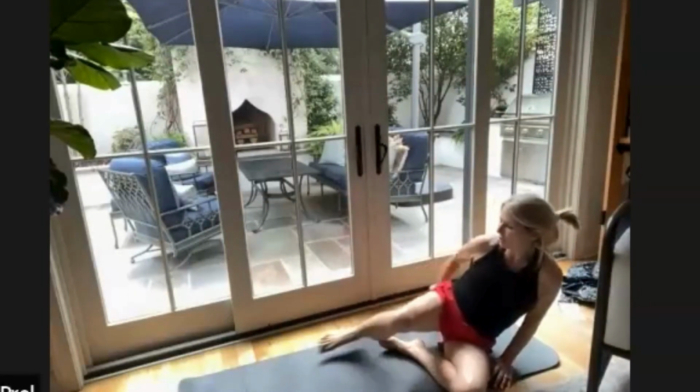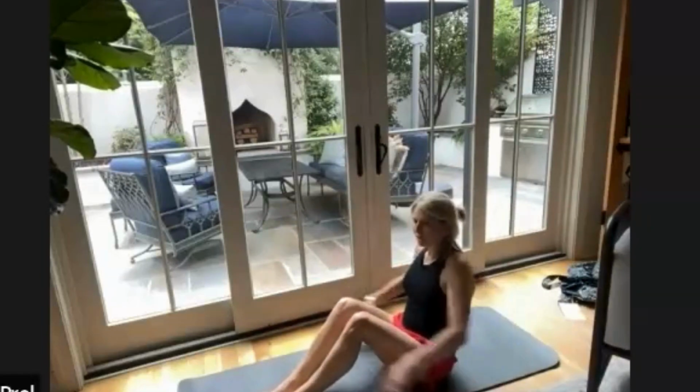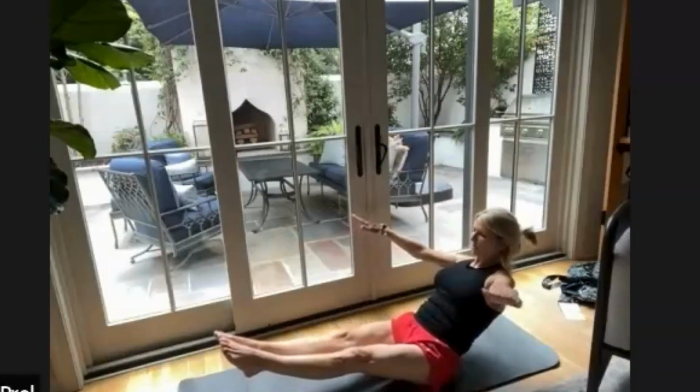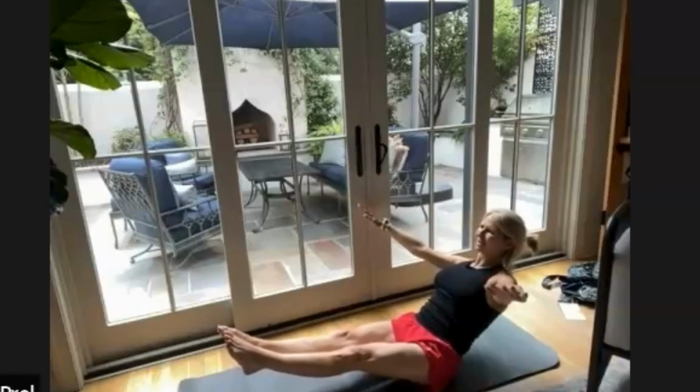Alrighty, so teaser, there's a few ways of doing this exercise, and you might have heard something similar called bow pose in yoga. So I am sitting up on my sits bones, and I'm just going to bring my arms and my legs all the way back out and holding that challenging pose, feeling pretty strong, even though I might be shaking a little bit,